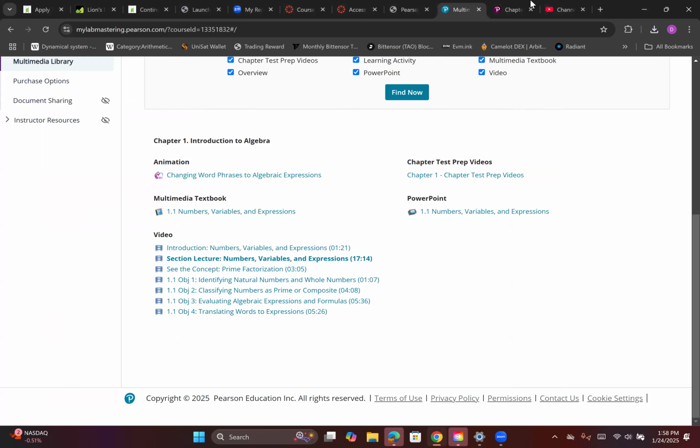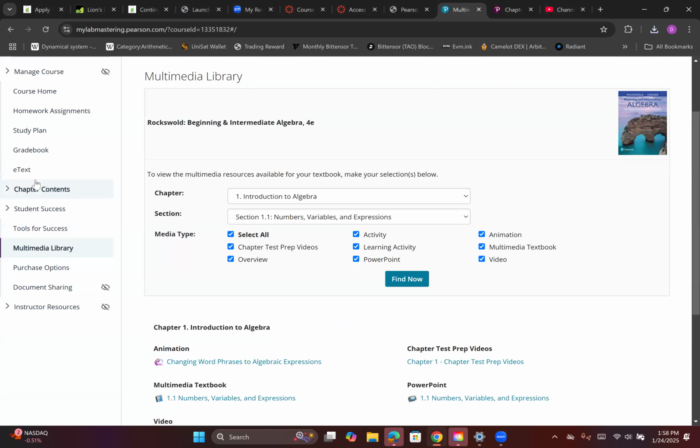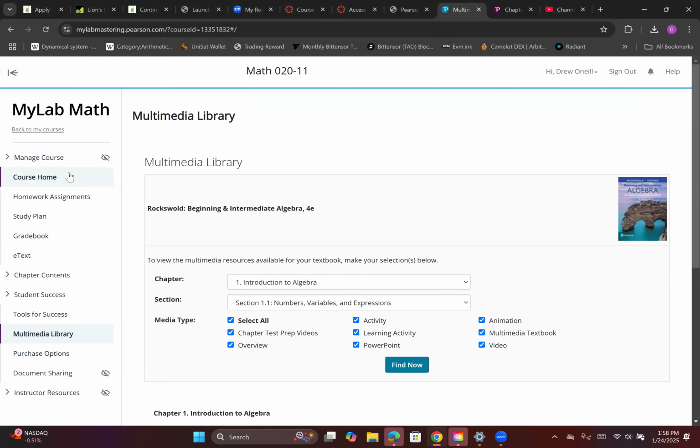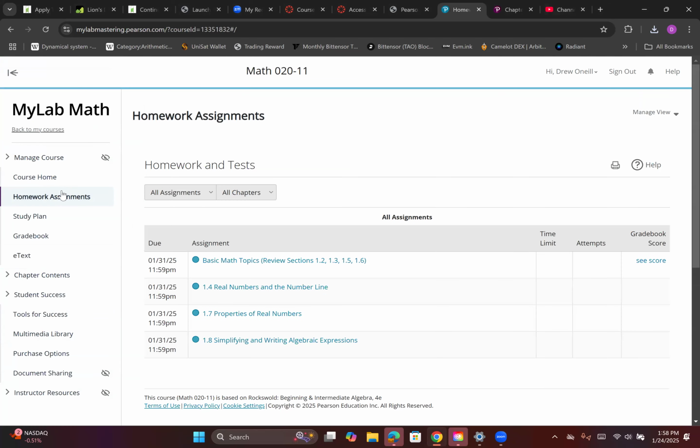The other option, like I said, is you can go into the book, read each section, and then do the work. But knowing students as I do quite well by now, that's probably not how anyone's going to do this. Most likely, all of you are going to go to homework, and that's fine. I'm not saying this is good or bad. I'm leaving that to you. You guys are adults. You click on assignments